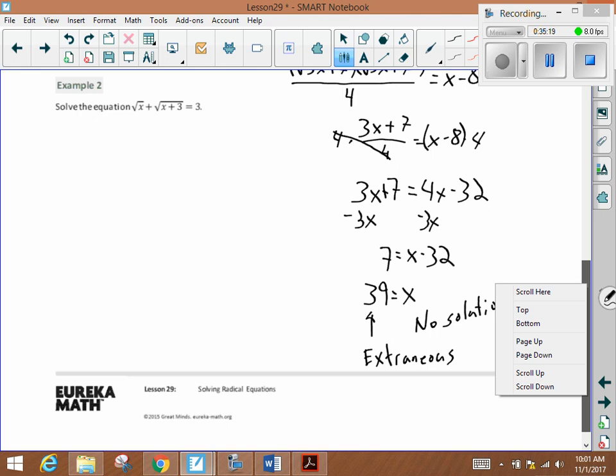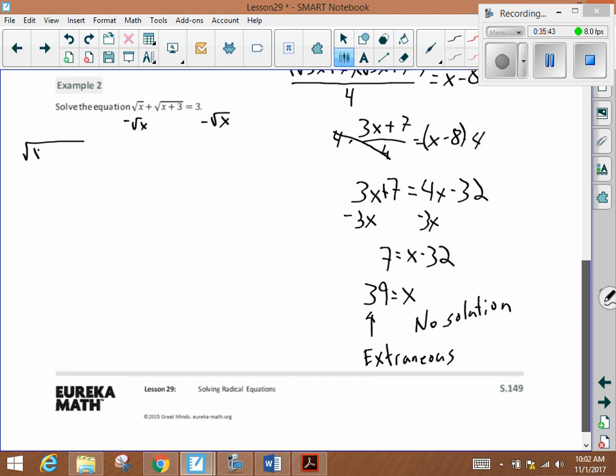All right, let's do another one. Okay. Again, I need to isolate at least one of these radicals. So I'm going to go ahead and subtract the square root of x from both sides. So that's going to give me, I'm going to write it over here because I have a feeling I'm going to run out of room. So that's going to give me the square root of x plus 3 is equal to 3 minus the square root